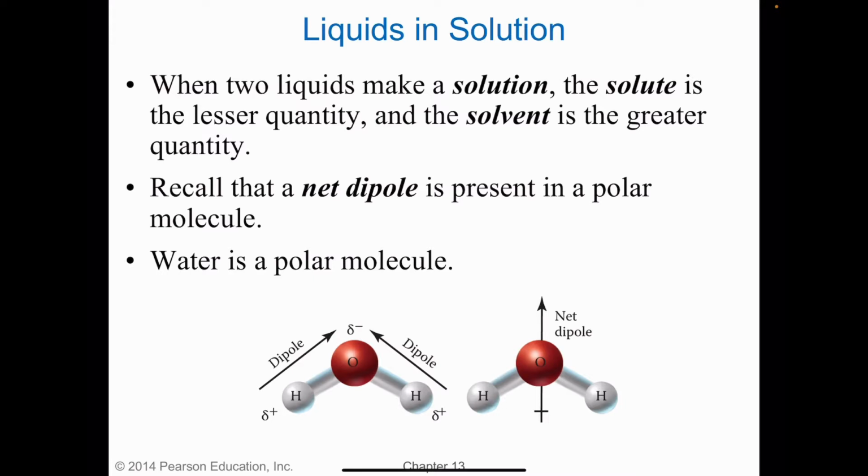Now, moving on to liquids in solution. We were talking about gases a moment ago. Now, liquids in solution. When two liquids make a solution, we'll call the two things solute and solvent. So the solute is technically whatever is in a lesser quantity, and the solvent is whatever is in a greater quantity. So for example, if we had ethanol in water,